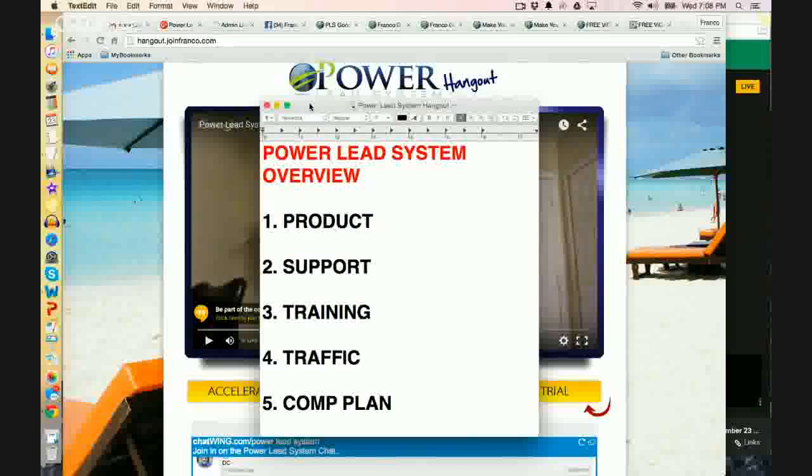This works, it's universal, it's evergreen, it's generic. You can use it with any kind of product or service selling program, offers, even network marketing companies, MLMs, direct selling, affiliate marketing. You want to put your own lead capture page in front of stuff to capture your own market, capture your own leads, and then present whatever offers you've got in your back end. Even if people don't purchase your first offer, you can use Power Lead System, the product, the support, the training, and the traffic resources to build your email follow-up list.